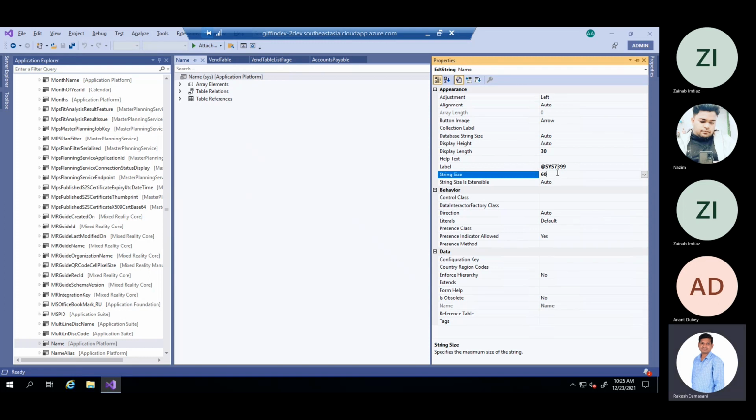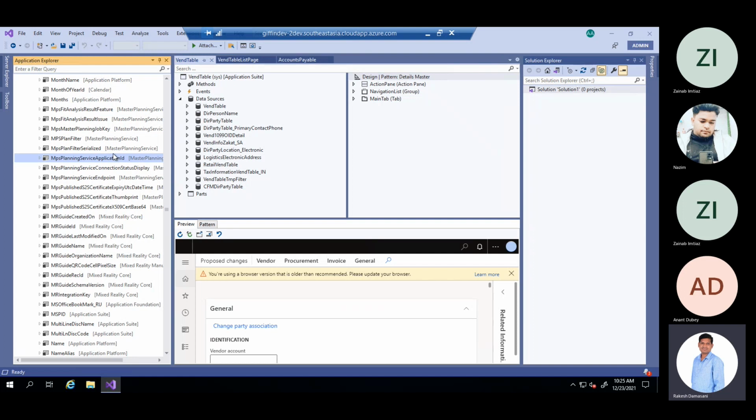So we have to make sure the string size is 100, 120, or whatever the maximum is. So string size is a very important property on the string EDT.